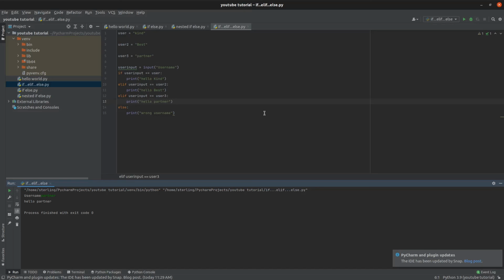I can do this 10 times with different things, and I could set like 100 users and have 99 elifs, and they would all work. So you could just do this forever. I'm sure at some point your memory would fill up,